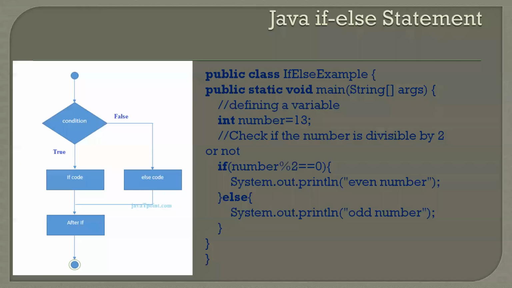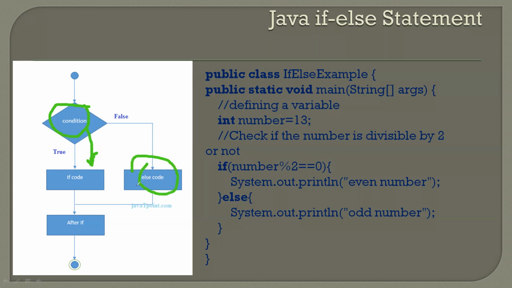The second one is if else. Till now we have worked with the if condition. Now we have to look at if else. In if else there are two things. If the condition is true, we will execute some part of code, and in case the condition is false, we execute the other part of code. So here we have one condition. In case the condition is true, we will execute the if block, and in case it is false, we will execute the else block, right?